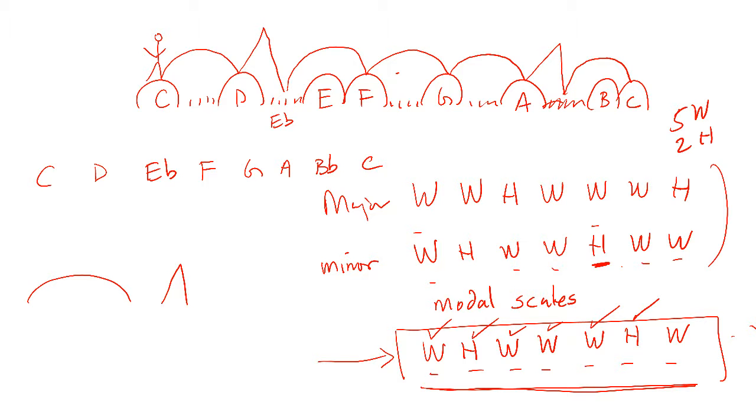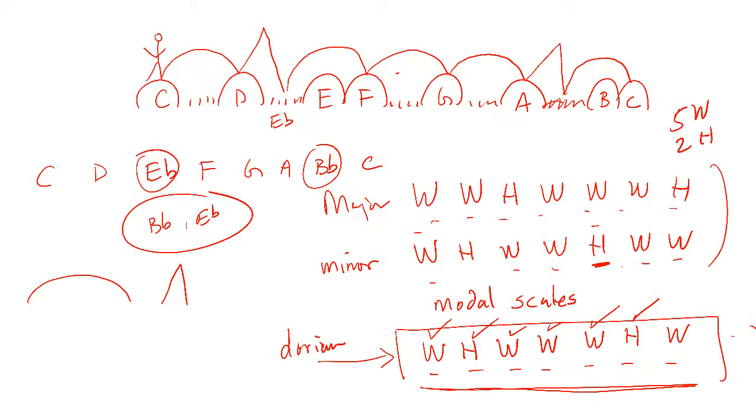C minor should use 3. But this is not major nor minor. This is known as C Dorian. This is called the Dorian scale. And it's one of the modal scales. It's another scale that uses 5 whole steps and 2 half steps and conforms to the circle of fifths, because notice, although it uses 2 flats, the flats that it uses, B flat and E flat, are the same 2 flats that we find in the order of flats derived through the